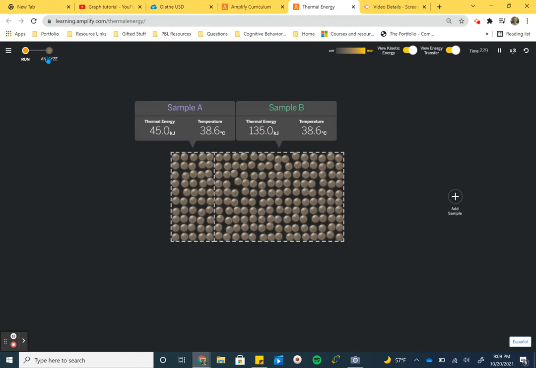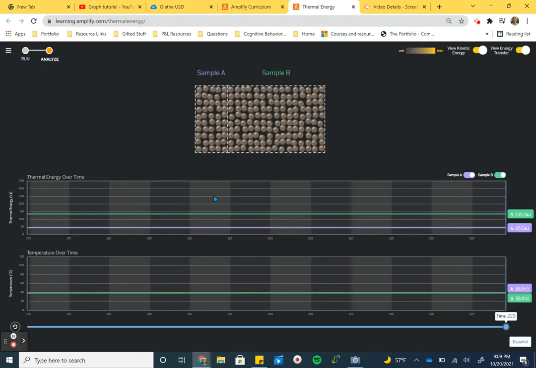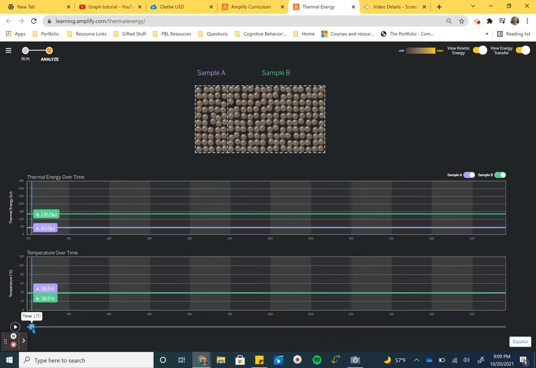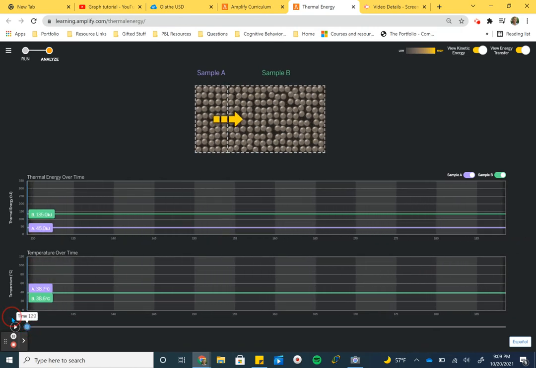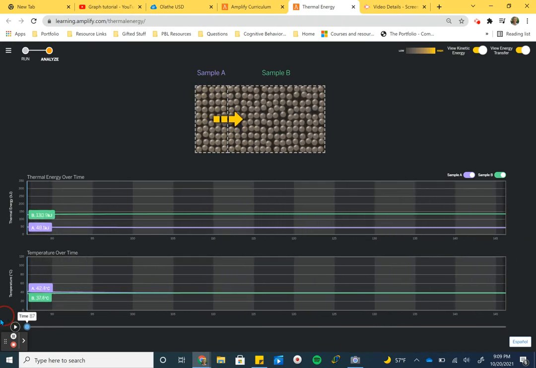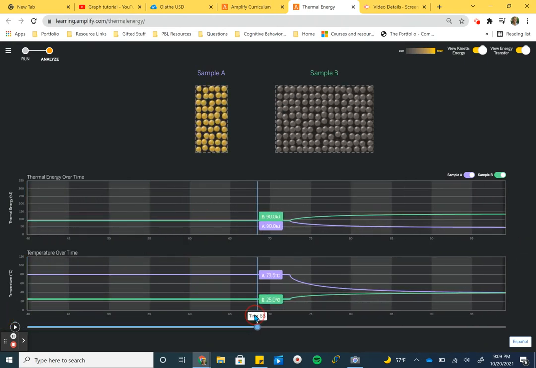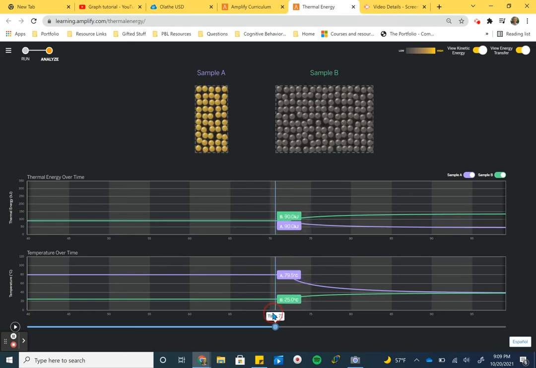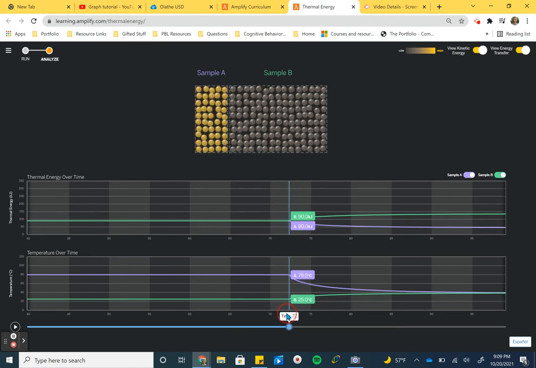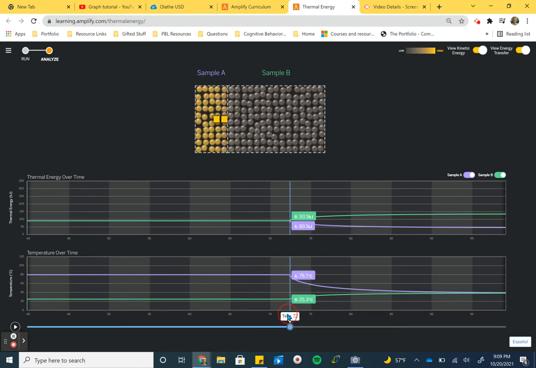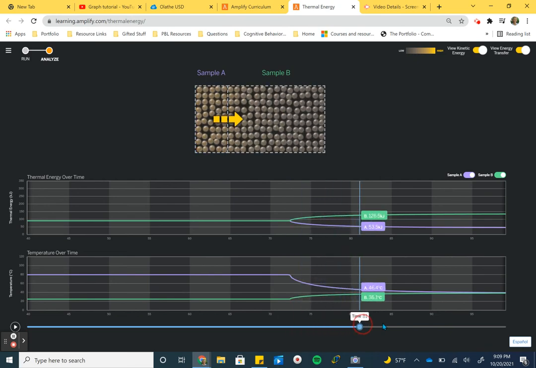I can also click on Analyze, and when I look at this graph, I'm going to go back to the beginning here. When you speed up the time, it actually collects quite a bit of data. There we go. So right at this point, you can actually see a little video of what I did, where they came together. And so I could measure the time at 72 seconds until it reaches equilibrium,